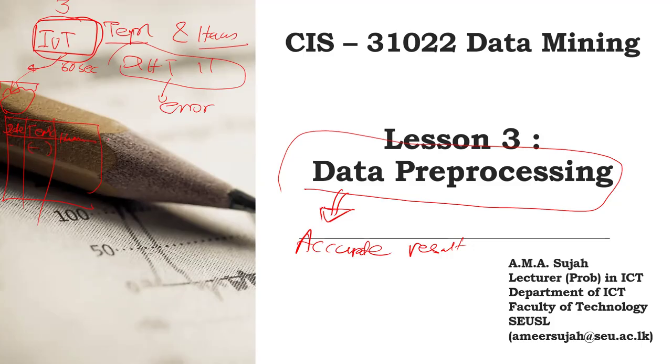Just imagine this is your IoT module 1 and this is your module 2. Now think about your module 1 works properly. So at a particular time, let's say 9 o'clock, it will get the accurate temperature. At 9:01, it will get another accurate temperature. At 9:02, another accurate temperature. But module 2 has some errors. Let's say because of that error,